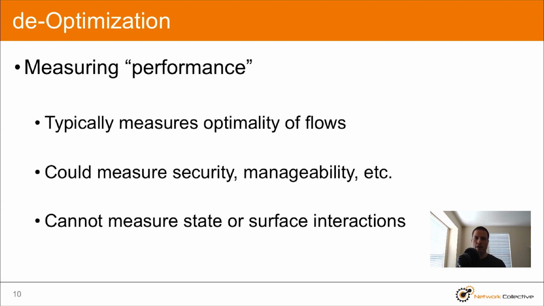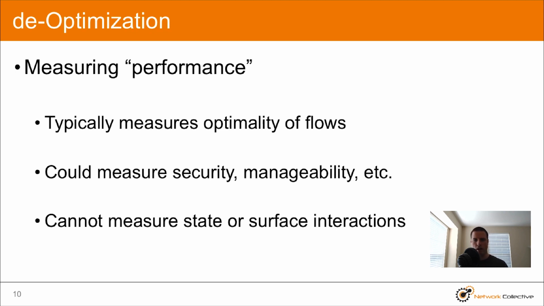This also could be a measurement of other components or other goals of a network. For example, our optimization goal is to optimize security. Maybe increase security would probably be a better way to say that. Or manageability, or any other piece of a network, or any other thing that matters. And even though we oftentimes in networking are focused on the routing and the flow of the traffic, these other things could be part of the process too, because I can think in my mind of some ideas where maybe if we add more stateful inspection to the network, we get better security, but of course there's more state and there's more service interaction, just to give one example. So security is a good example of something that could be optimized.